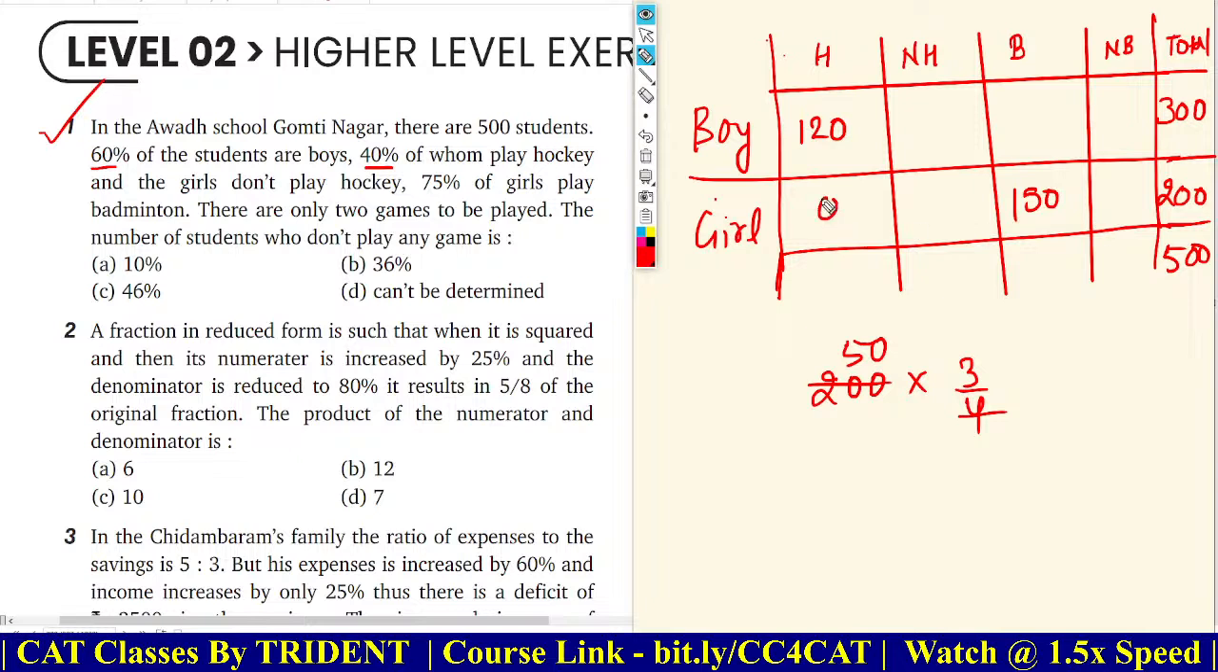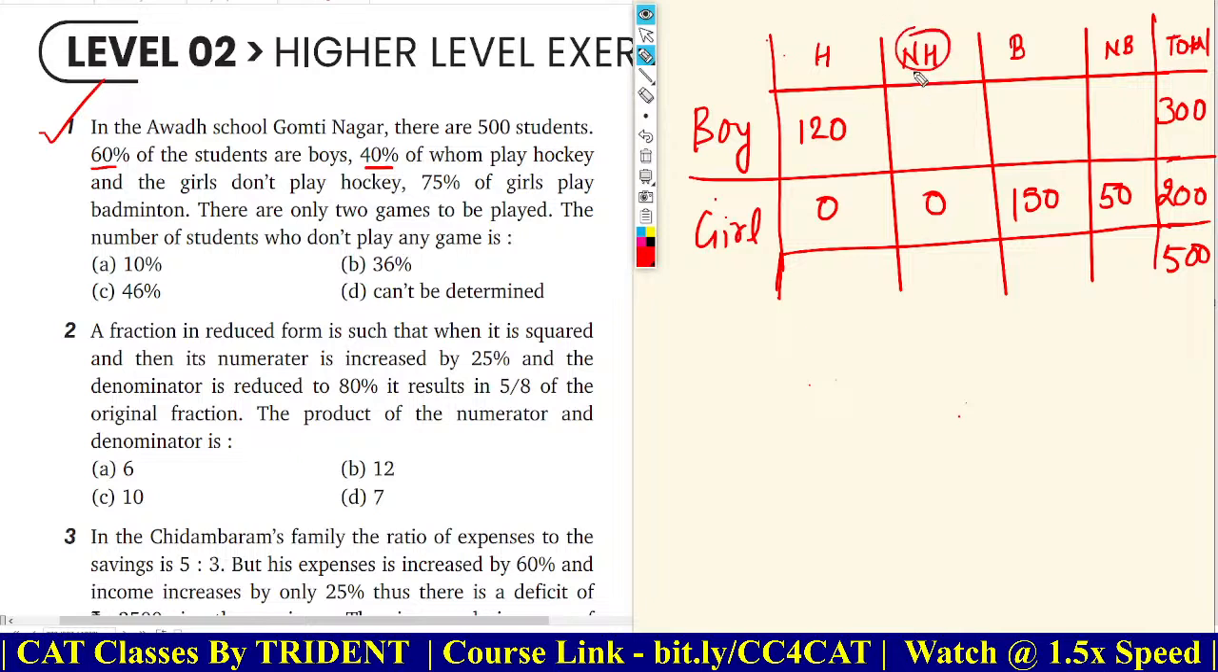They don't play hockey. It's given there that the girls don't play hockey. So if they are not playing hockey, you can just substitute 0, not hockey 0, and for the rest of the non-badminton players you can just put in 50 over there. Typically, this is how you will jot down information. All right. Now, what is going to be the number of